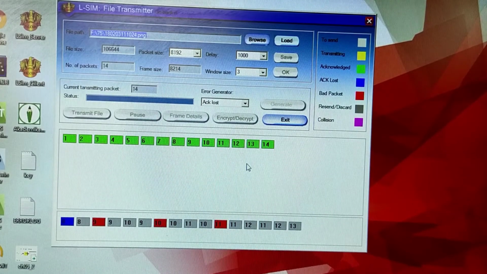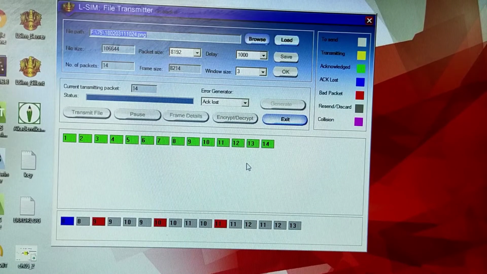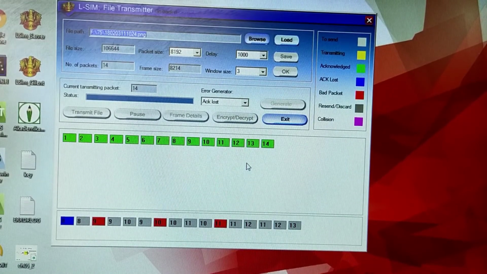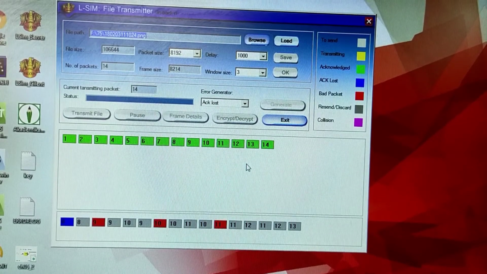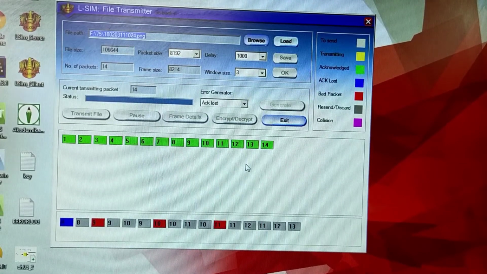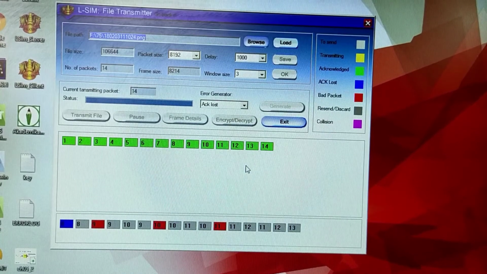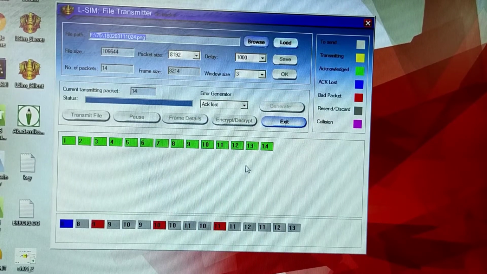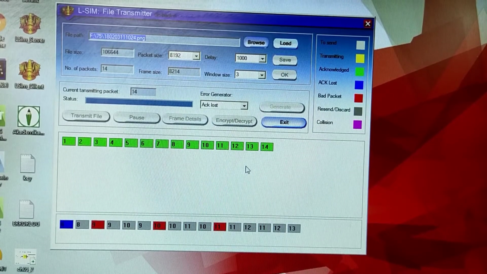On the bottom part, as you can see, 8 is shaded with blue color and grey color again. 9 is also shaded with red color and grey color again. So the sequence of all the packets which were corrupted and retransmitted are shown at the bottom part. As you can see, only 14 packets were to be transmitted, but due to the number of retransmissions, all the